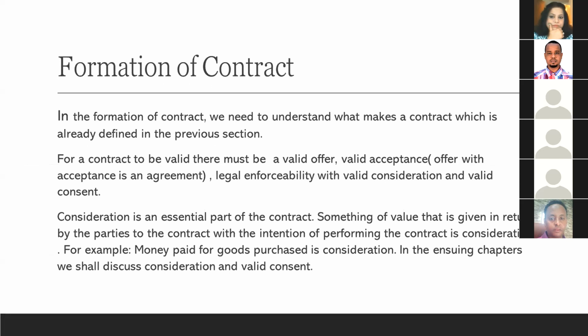Now, in the formation of contract, we need to understand what makes a contract, which is already defined, of course, in the previous section. For a contract to be valid, there must be a valid offer, which we learned during the last class, the essentials of a valid offer. Today, we spoke about valid acceptance. So offer with acceptance is an agreement. Legal